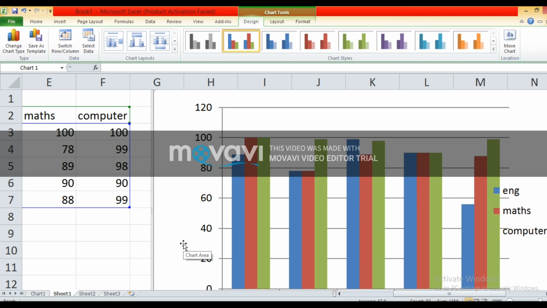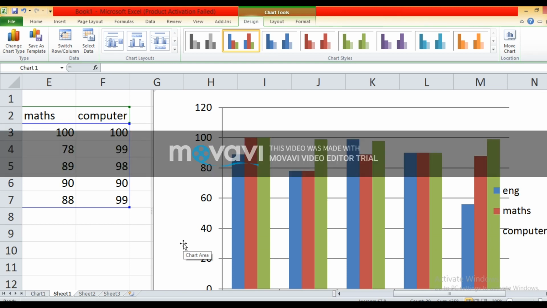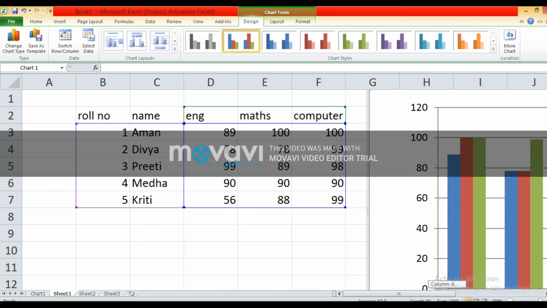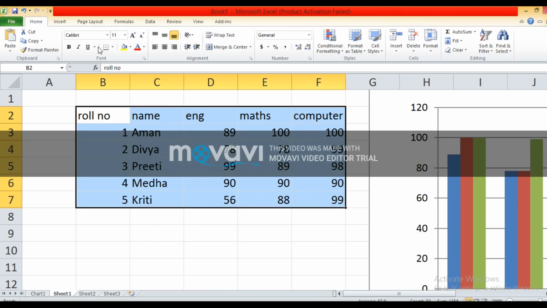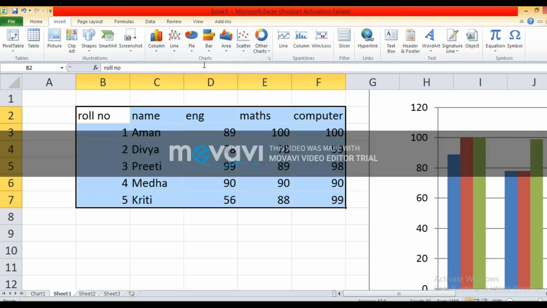There are two ways we have discussed to create a chart. First, select the range of cells and press the F11 key. Excel automatically creates a chart using default settings. Another method which I have discussed with you to create a chart: select the cells that contain the data for the chart. Again I am telling you. Second method, select the range of cells, then click on the Insert tab. In the Insert tab you have to choose any chart option from the chart group. You can see there the name of the group is chart group. You can select any chart from the chart group.